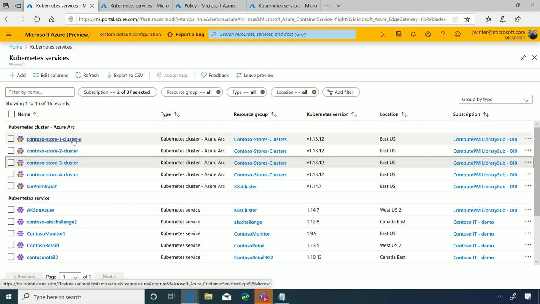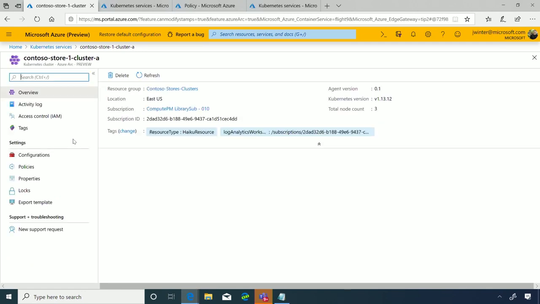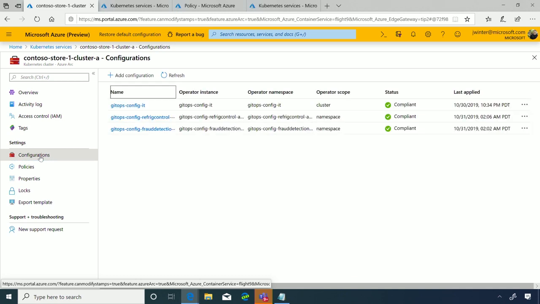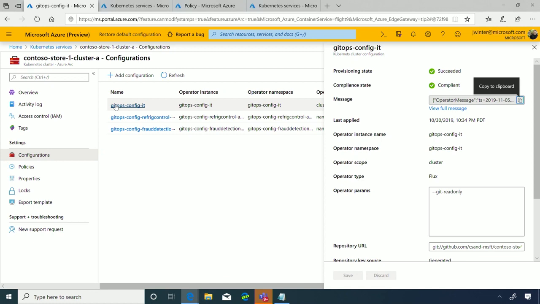If I just choose cluster A as an example, again, I'm just going to bring in the core point that it's just like anything else we've seen inside the Azure experience with our Kubernetes service. I want to call out the tools point for your development side of the house. So this is a machine that's been added, and we can see configurations, and there's this notion of GitOps. We really wanted to make sure that you could use any of these tools. So I'm going to show you this GitOps piece. It's a configuration that says, I'm compliant, my state is compliant.